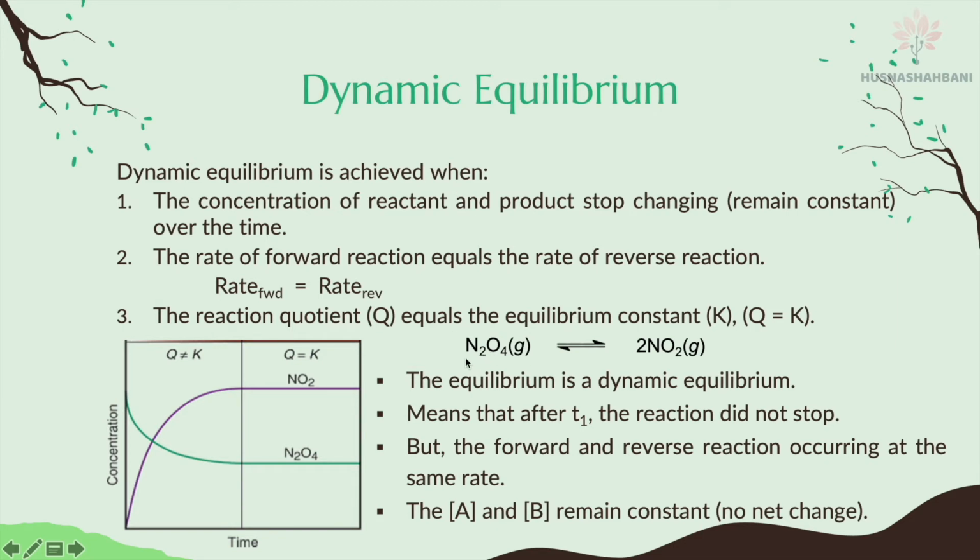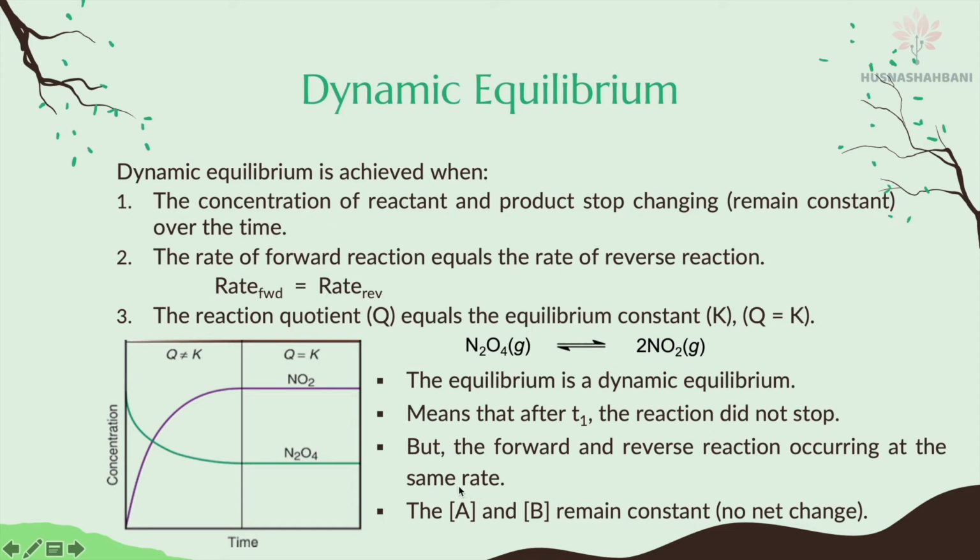For example, N2O4 as the reactant produces 2NO2 as the product. The equilibrium is a dynamic equilibrium, meaning that after a particular time t1, the reaction did not stop, but the forward and reverse reactions occur at the same rate. The forward reaction is the reactant becoming a product, and the reverse reaction is the product becoming the reactant. Both reaction rates